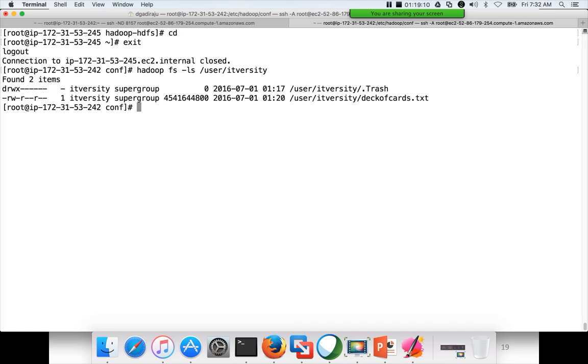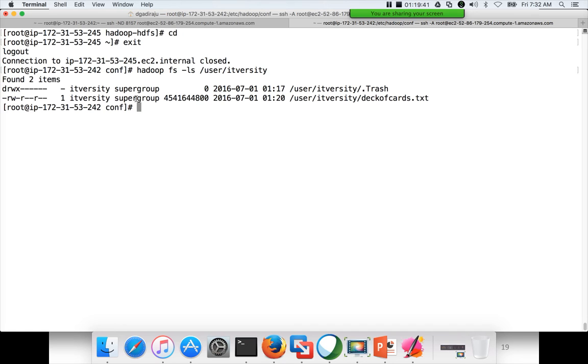So for a given file, we have block IDs and the block locations. On top of that, we also have the properties for the file, like permissions, owner, group, etc. All this is called metadata. And unless you access this metadata, you will not be able to get the information of blocks and block locations and the file properties for a given file. And this metadata has to be stored somewhere.